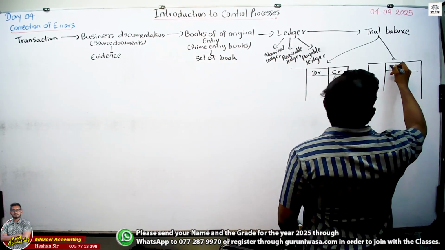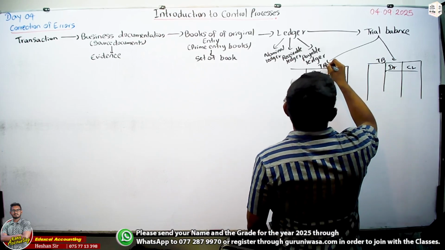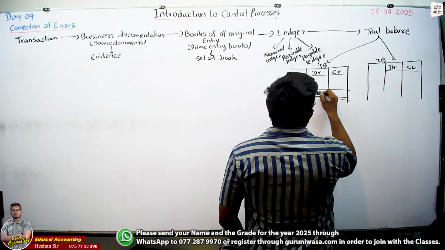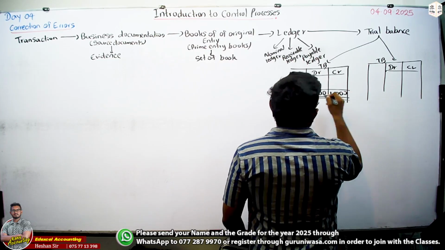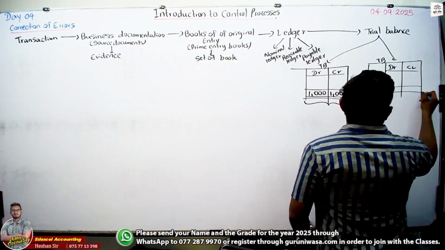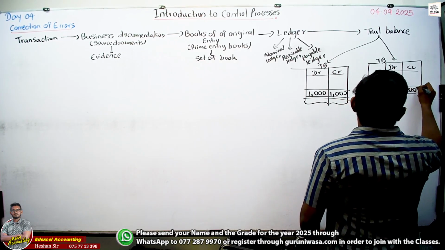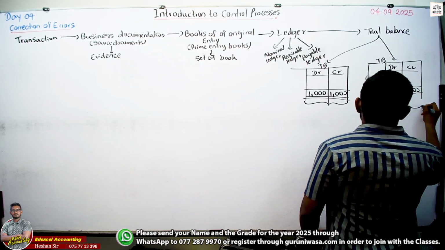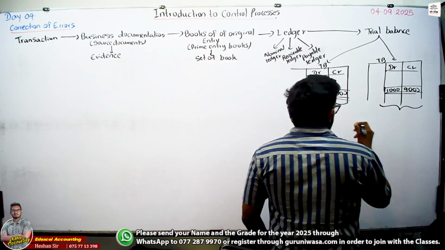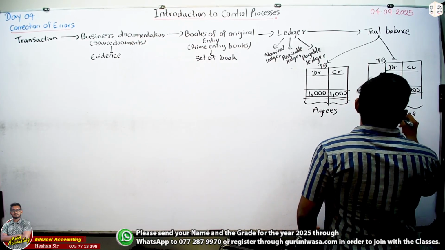Sometimes the trial balance is telling, I'll take 1000 to here, this side also 1000, which means the trial balance is agreeing. Sometimes the trial balance is not agreeing: 1000 in here, this side can be 900. Trial balance agrees, debit and credit. Trial balance disagrees. Disagree means